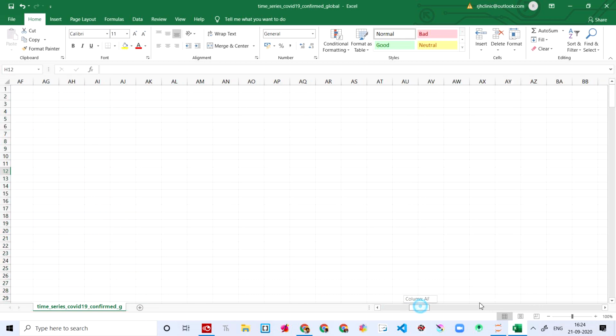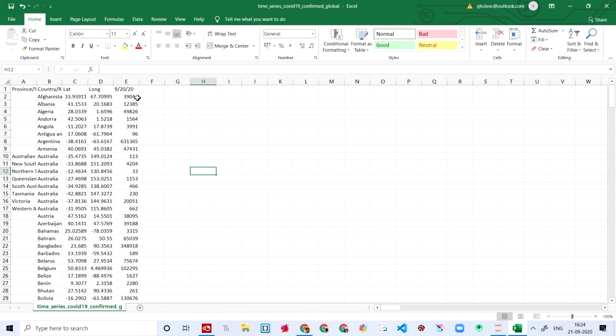Let's check if it's emptied, or did I do Control Z. And remember, you need to make another change, which is the most important thing. When I was making this app, even I made this mistake. Here you have the current date, and you're supposed to name it as cases, because you can't put the date in the code. So I'm naming this as cases.